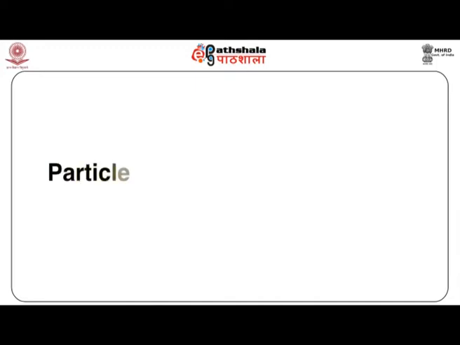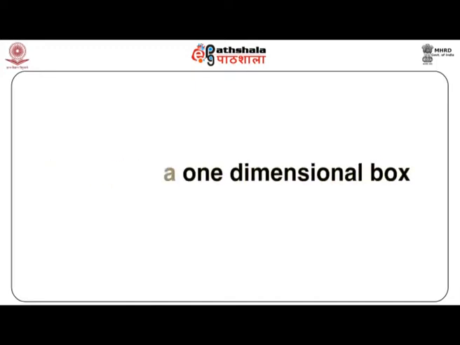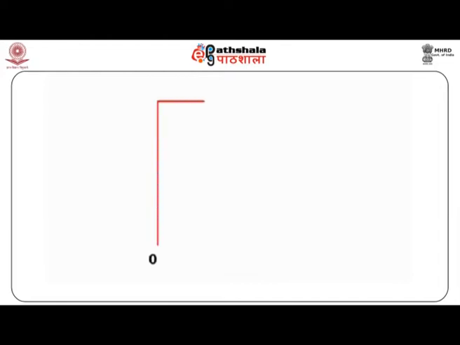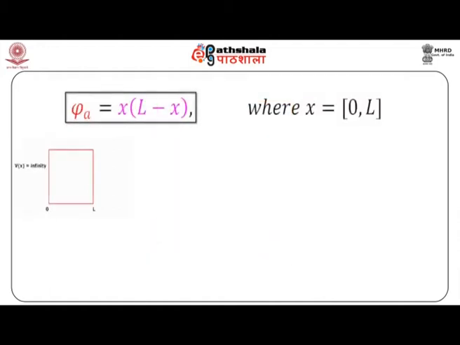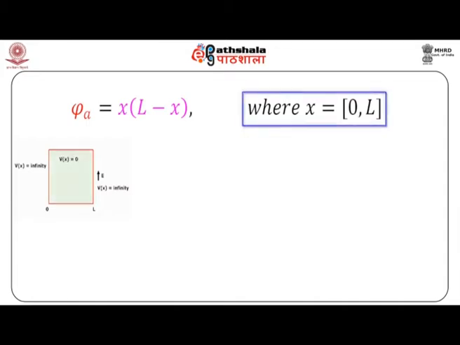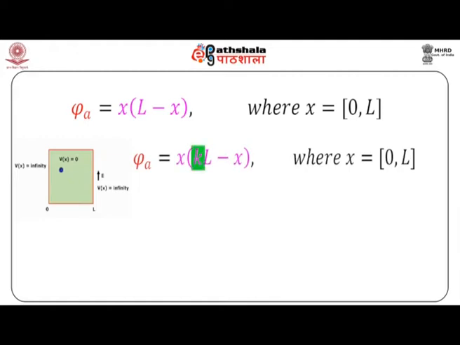Moving further, we now study the simplest application of the variation method, that is, let us try to solve the case of a particle in a one-dimensional box using the variation method. Consider a trial function for the given problem as given in equation 3, that is psi A is equal to x into L minus x, where the lower and upper bounds for x are 0 to L, the length of the box. The trial function so considered here contains no variational parameter, but if the trial wave function had been as in equation 3a, then the coefficient k would have represented the variational parameter.